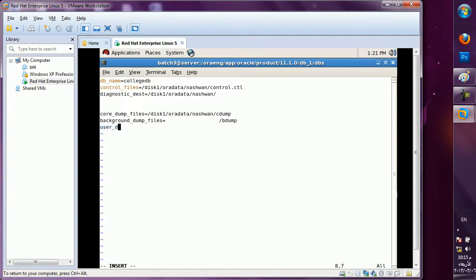And user_dump_dest equal to the same, one directory I will create, udump. Now my log files will be stored in 3 different folders. But you have to use the mkdir command and create these 3 folders first for 10G database creation. Clear? This will be the syntax for 10G.